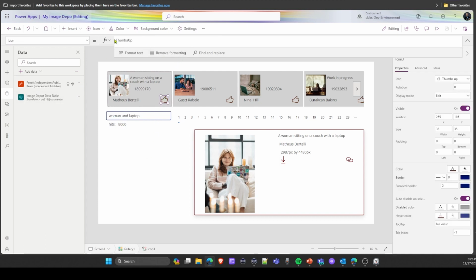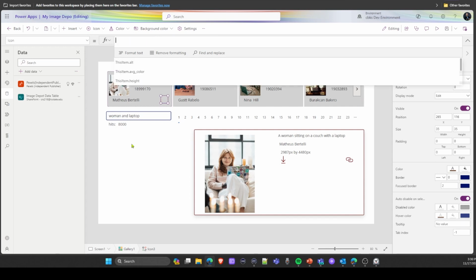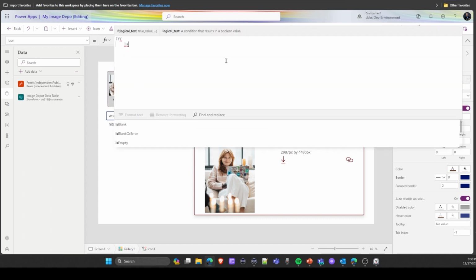We're going to do two things. We're going to use the empty thumbs up if we have not selected the image, and we're going to use the filled thumbs up if we have used the image. So this is going to be a conditional statement. So we're going to use an if statement to see if information about this image already exists in our database. So we're going to do an if is blank